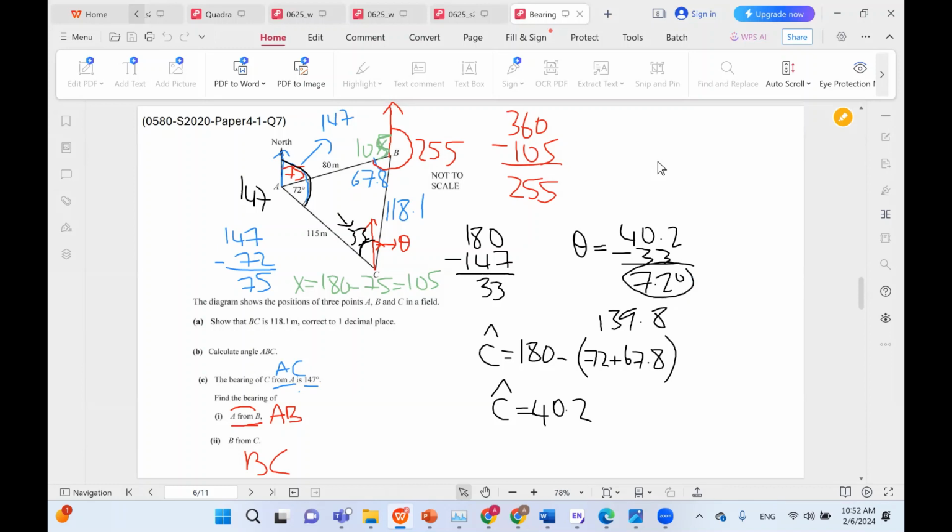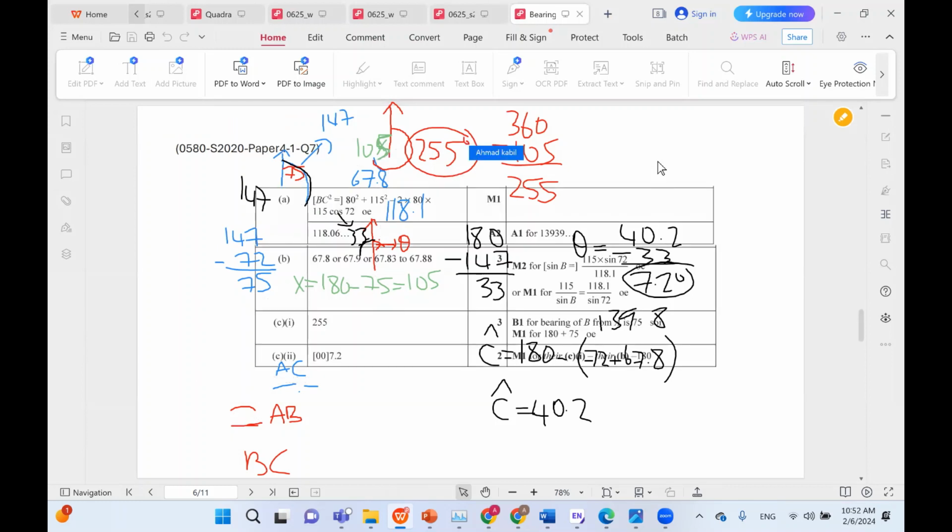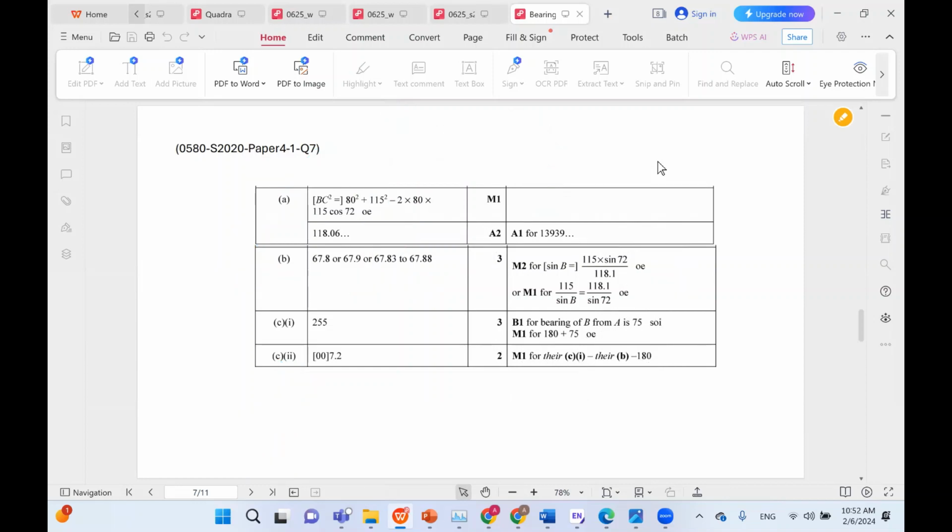So the first answer, as we said, is 255. And the second answer is 7.2 degrees. 255 degrees and 7.2 degrees. Let's check the marking scheme. Thankfully, they are correct, 255 and 7.2. So moving on,